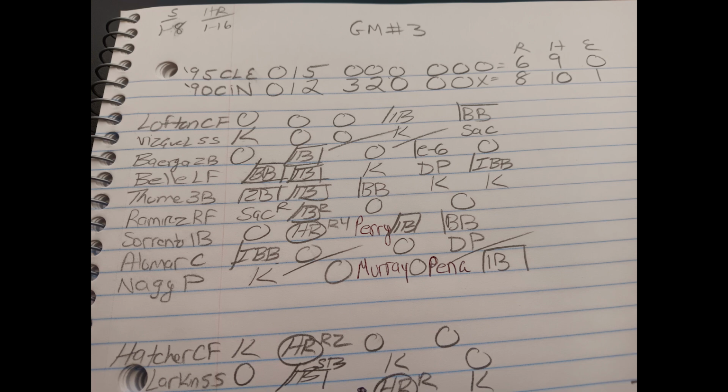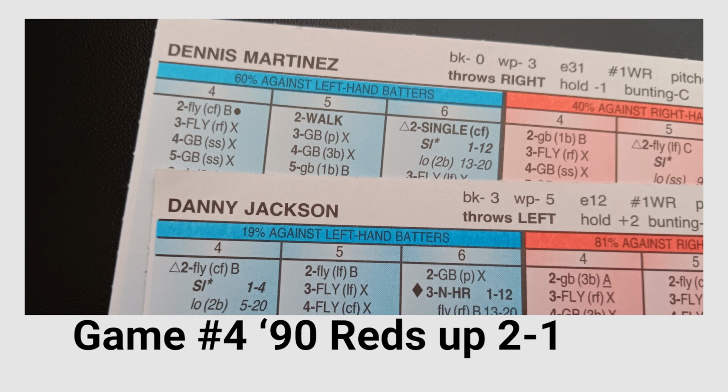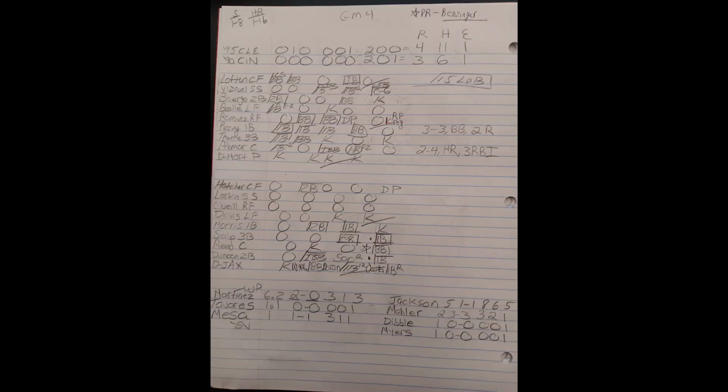Through 3 games, we have the 1990 Cincinnati Reds up 2-1. So as we move on to game number 4 now, with the 1990 Reds up 2-1, your game 4 starters are Dennis Martinez for the Indians and Danny Jackson for the Reds. And you're going to see the 95 Indians are able to hold on and win the game 4-3 in a game where you could see